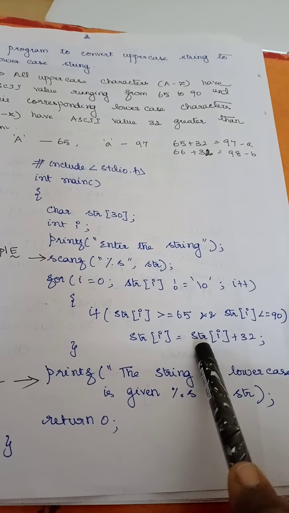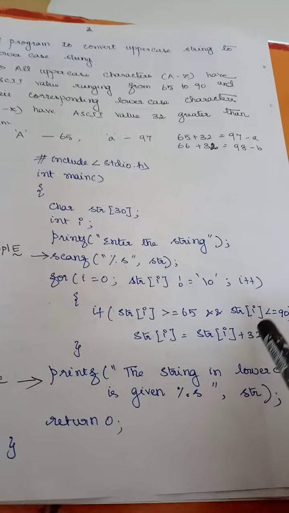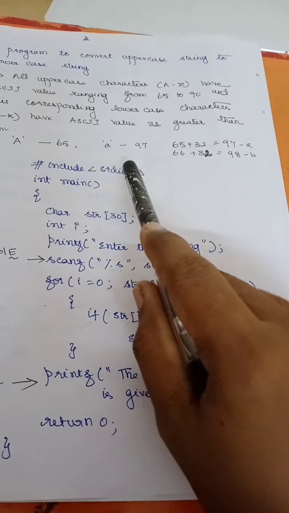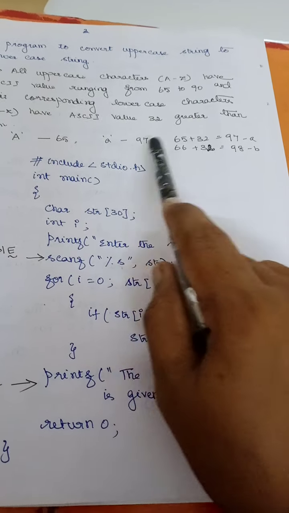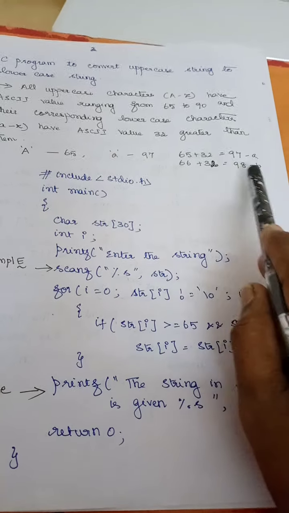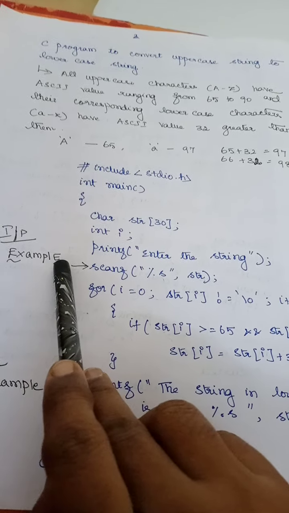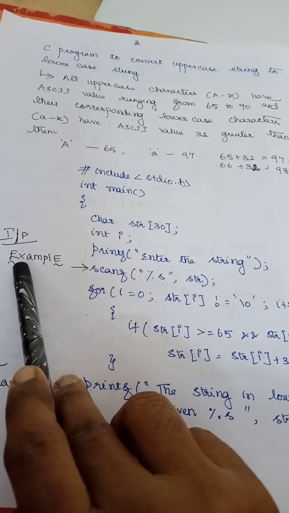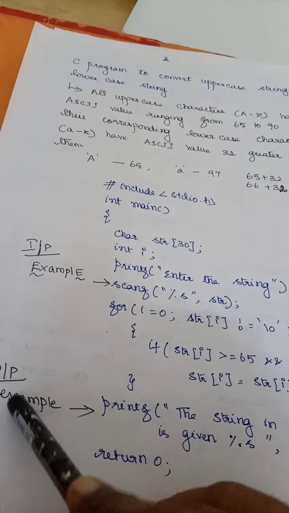To that particular character I am adding 32. 32 is nothing but a value that can be added to an uppercase letter to convert it to a lowercase letter, as we have seen. With 65, if I add 32, I get 97. With capital B, if I add 32, I get a small letter b. Now here I have taken an example: EXAMPLE. Here I have a capital letter, and EX is also a capital letter. So E will be converted to a small e, X will be converted to a small x, and here capital